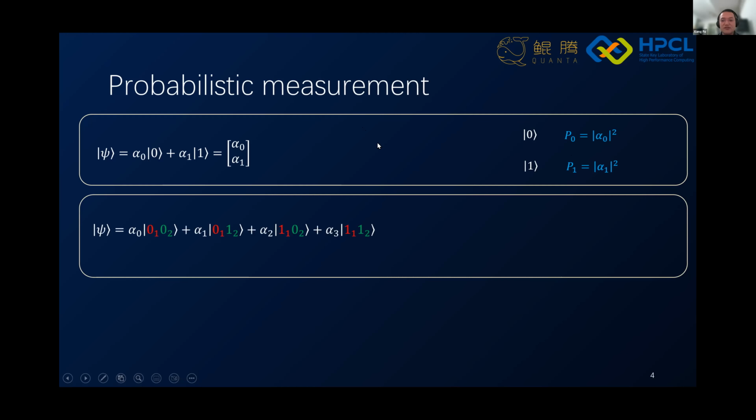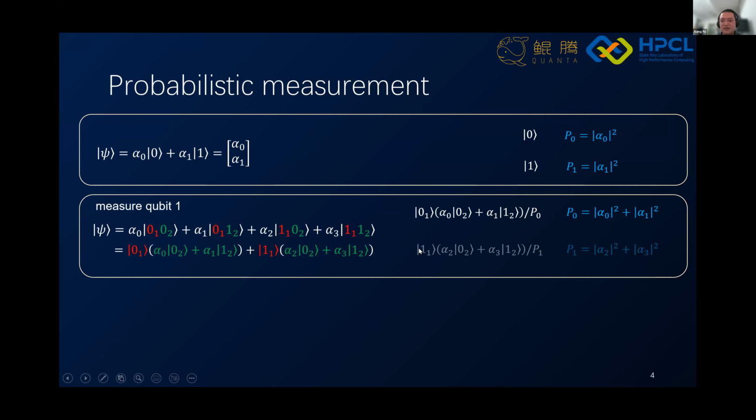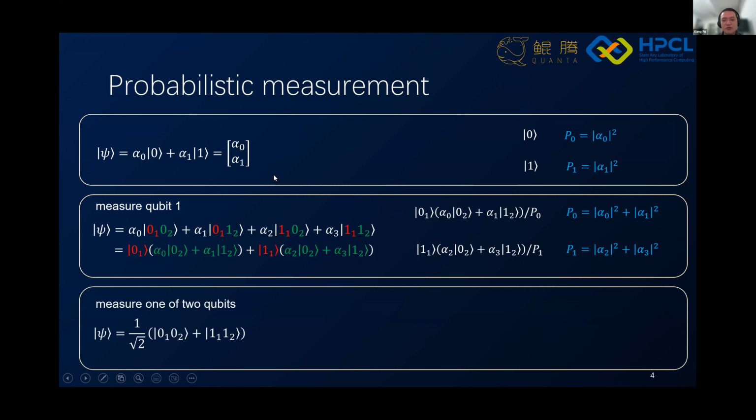If we have multiple qubits, for example like this one, and we want to measure the first qubit, we can first rewrite the state into this format, and then we get this measurement result with this probability, and the other outcome is 1, and then we get this resultant state with this probability. And if we measure one of 2 entangled qubits, then we have a half probability to get 00, and a half probability to get 11.